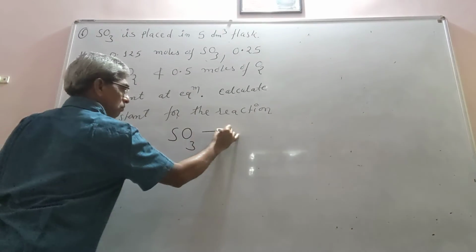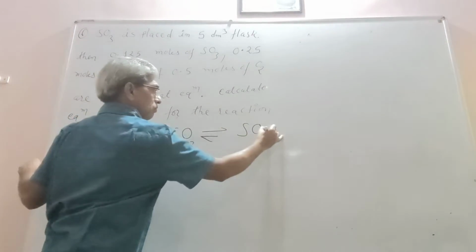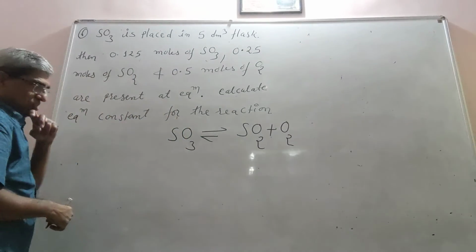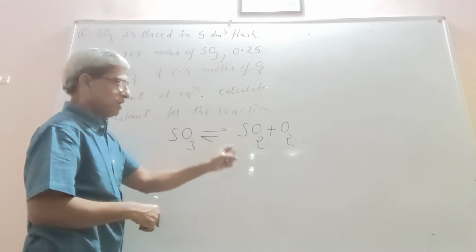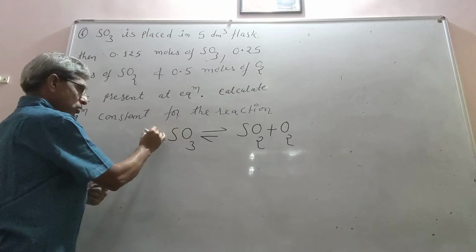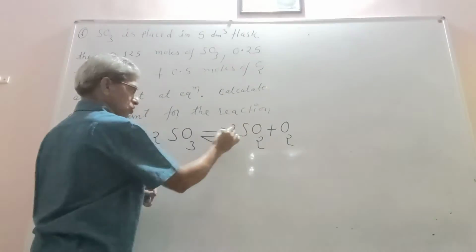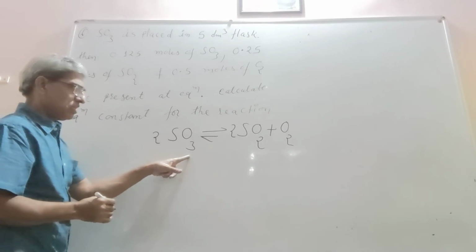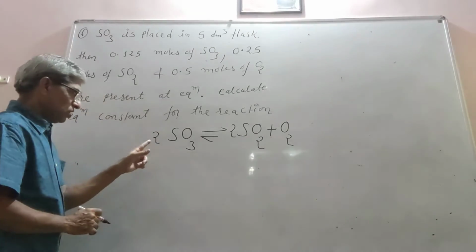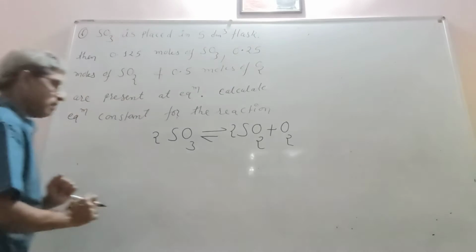SO3 decomposes to form SO2 plus O2. To balance the reaction, because oxygens are not balanced here, 2 into 4, here 3. Therefore, 2 times SO3 gives 2 times SO2. 2 into 3, 6 oxygen atoms. 2 into 2, 4. 4 plus 2, 6 oxygen atoms are balanced. 2 times sulfur, 2 times sulfur. Sulfur is also balanced, right? Then,